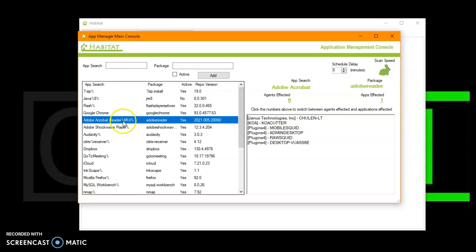So if we start an update of that particular product, it will affect one particular software title and 6 different agents within our environment. Keep in mind that these are different clients, and unless we've enabled those clients, updates are not automatically